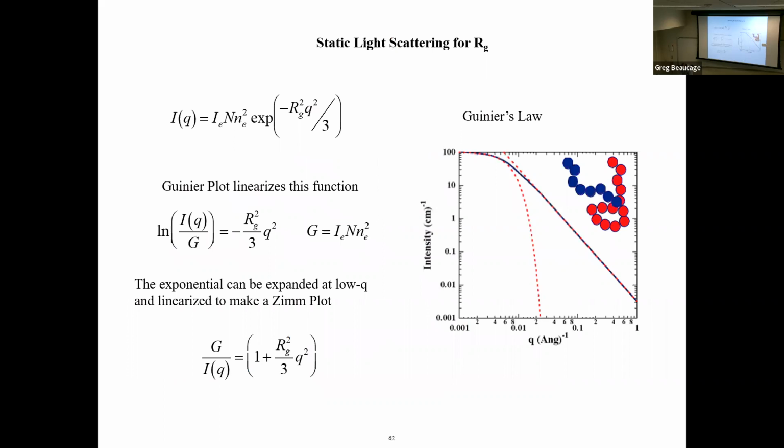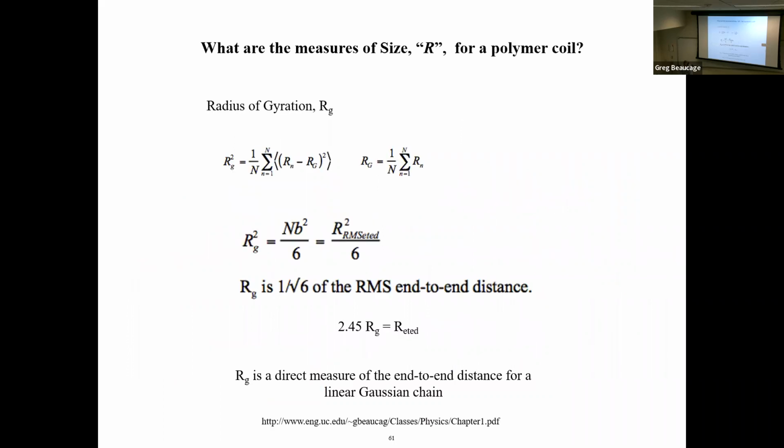So to measure that, you can figure out that it's this. If you calculate it for a polymer coil, you get that the radius of gyration squared is N L squared divided by 6. So they're directly proportional if it's a Gaussian chain. Right, but there's only certain cases, like if